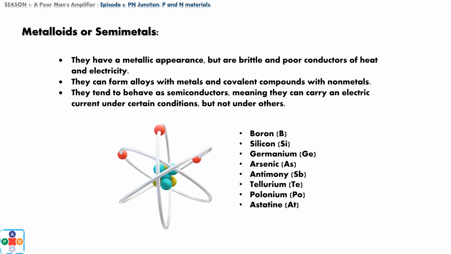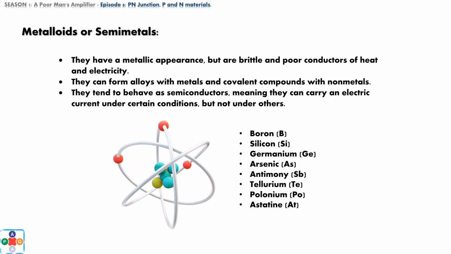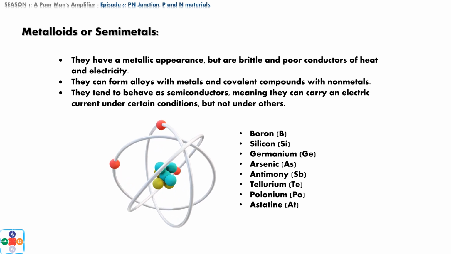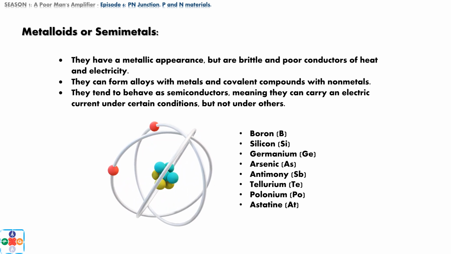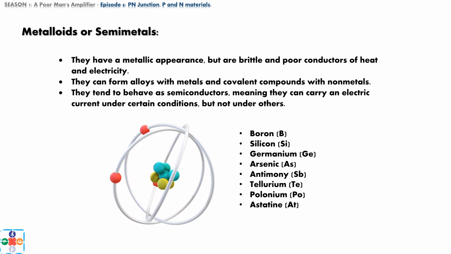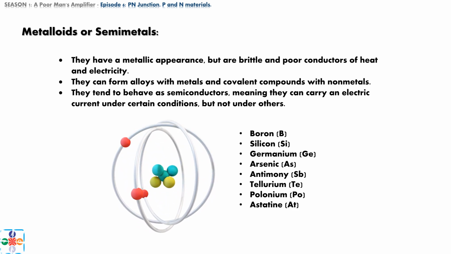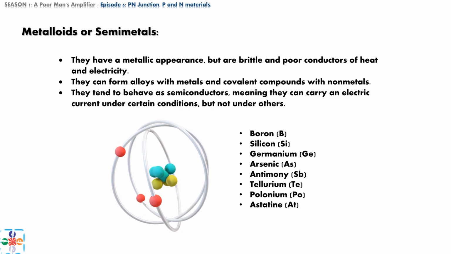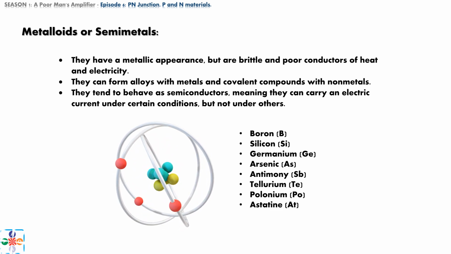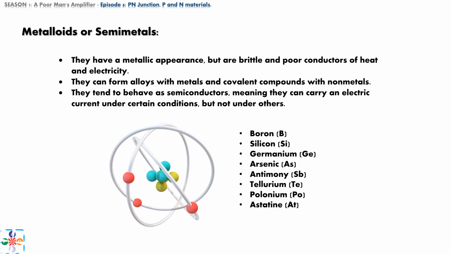Another common classification for both silicon and germanium is as metalloids. Metalloids are elements that have properties that are intermediate between those of metals and nonmetals. They can also be called semi-metals. Some of the common properties of metalloids are, they have a metallic appearance, but are brittle and poor conductors of